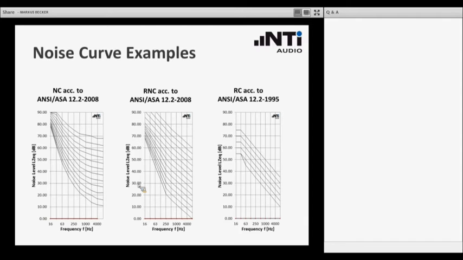And these amendments have gone into the corresponding standards. That is the reason why these curves have a slightly different shape.